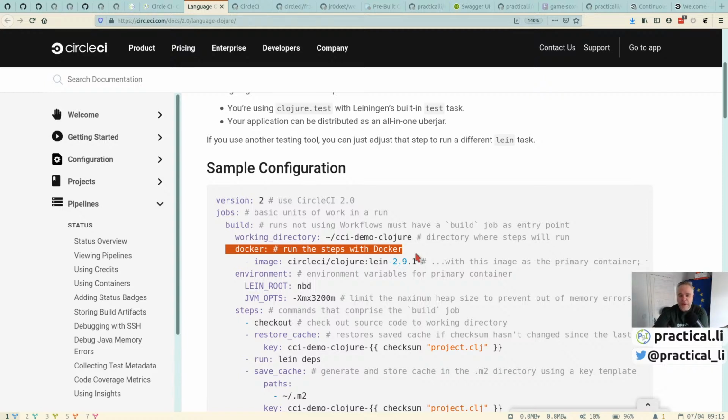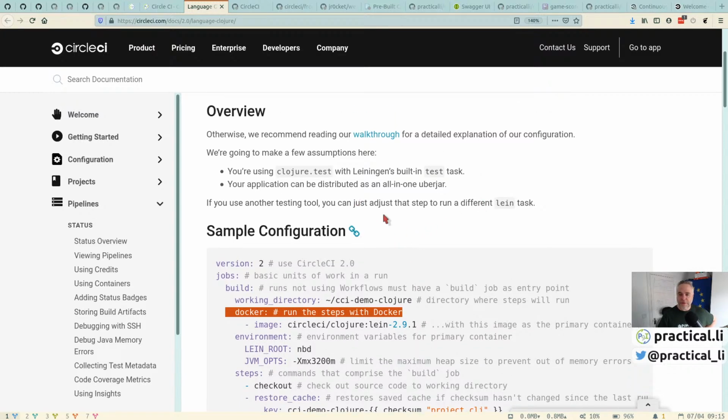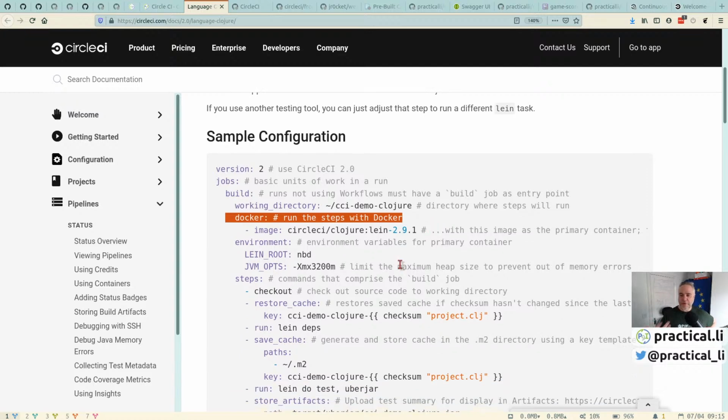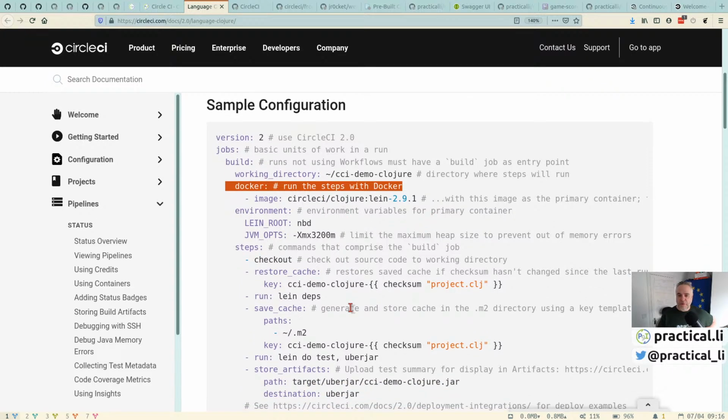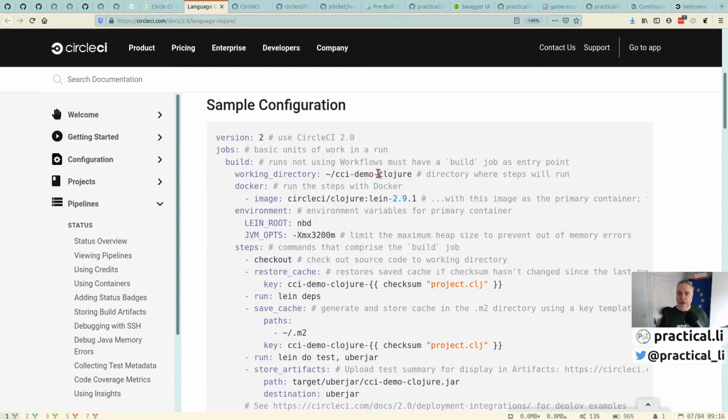So there's a Docker section to this configuration file. This is just a configuration.yaml file that you put into a .circleci directory, and then when you push this to GitHub, it's going to be picked up by CircleCI and run this configuration for running the project and running tests and so on. So this is the build configuration, how it's actually going to build things, and we're going to choose a particular image. So this is a CircleCI Docker image,